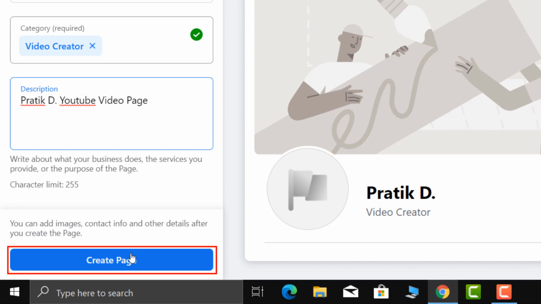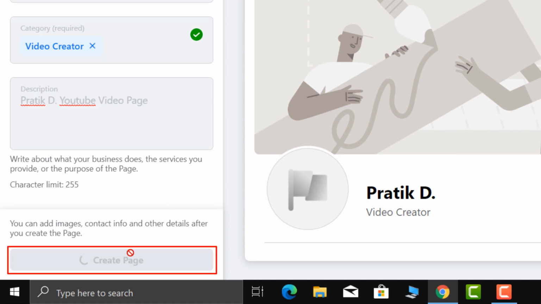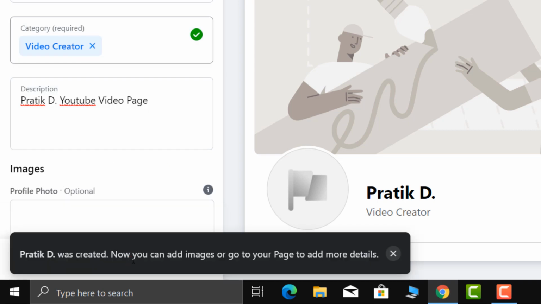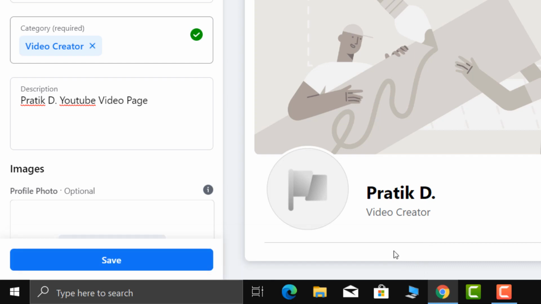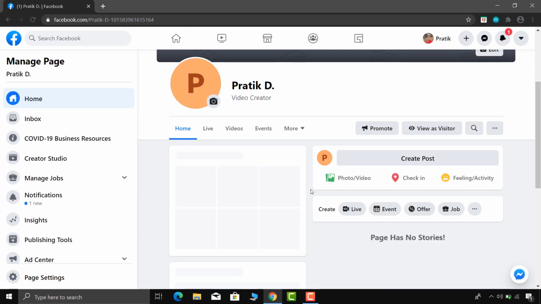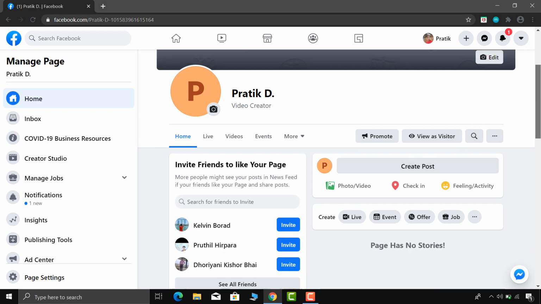Next, click on create page. Now we have successfully created the business page. Hit on the save button. Now we are done with the business page creation part.